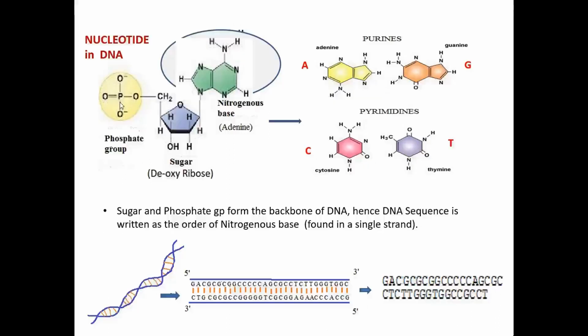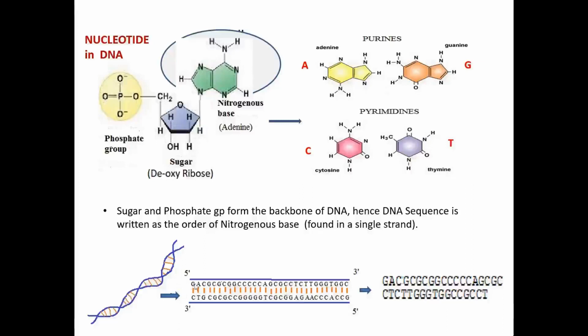So we have seen a nucleotide, the monomer of the DNA. It has a phosphate group, a deoxyribose sugar and a nitrogenous base. Nitrogenous bases are of four types, and A, G, C and T are the single letter codes which represent them. Now as phosphate group and this sugar form the backbone of DNA, only these nitrogenous bases differ in a chain. Generally a DNA sequence will be represented by these nitrogenous bases only.